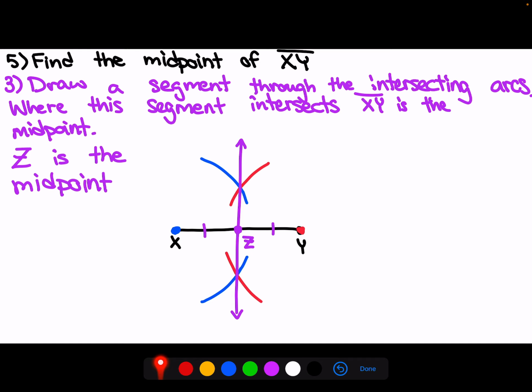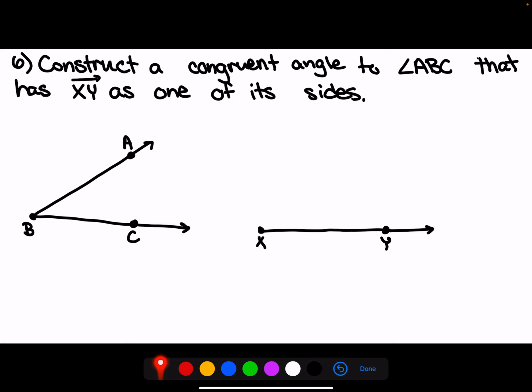All right, getting close to being done. We only have 3 more left. So number 6, construct a congruent angle to angle ABC that has ray XY as one of its sides. So we have angle ABC here. We have ray XY. So the first thing that we're going to